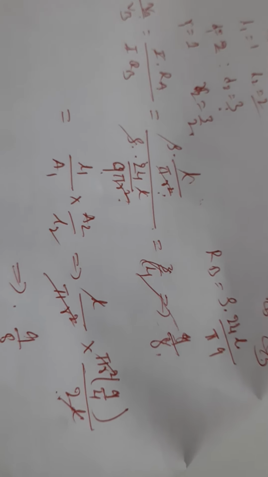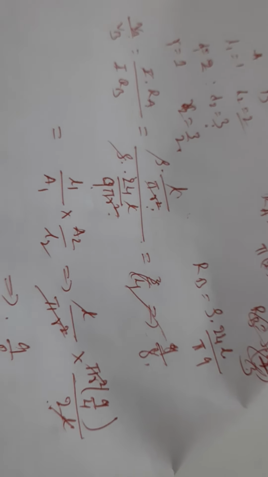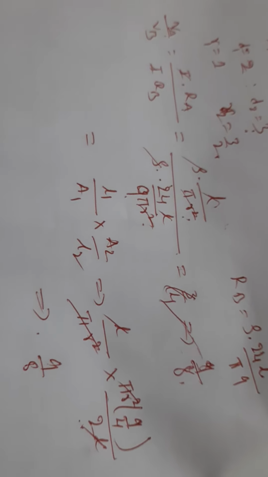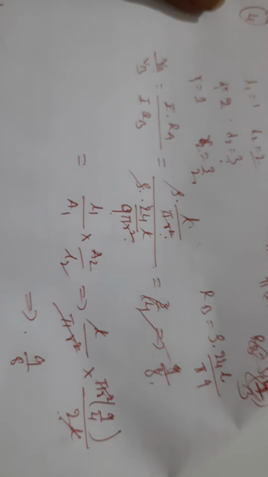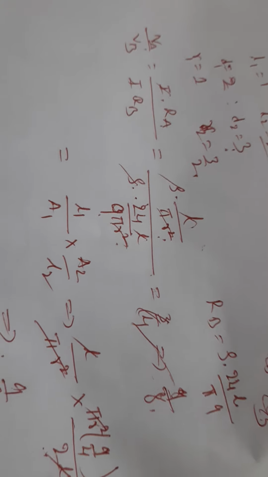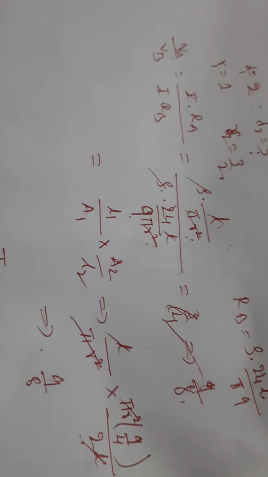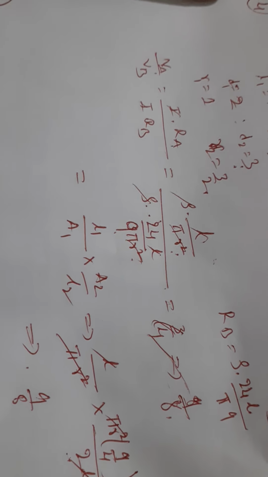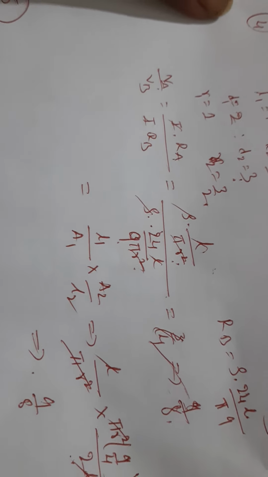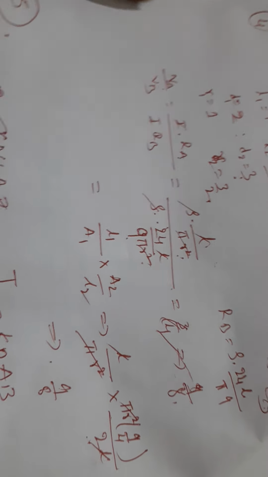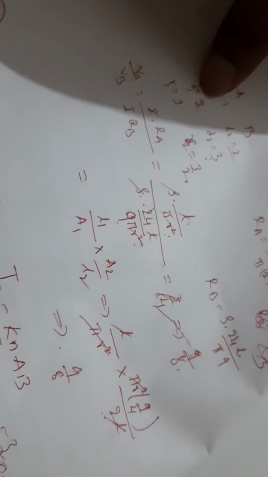So 9 by 4 into 2, because 9 by 8 it became. This is basic Ohm's law and connecting with the resistance. So this connection is required to know for the students. Students are failing, or not able to connect, because of lacking basics. V equal to IR we know, just R equal to, again we need to connect with the length and area, that's it. Okay, this is one of the questions, easy one, but a little we have to do.